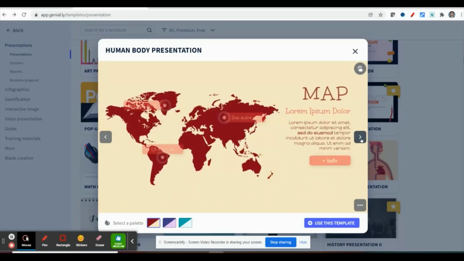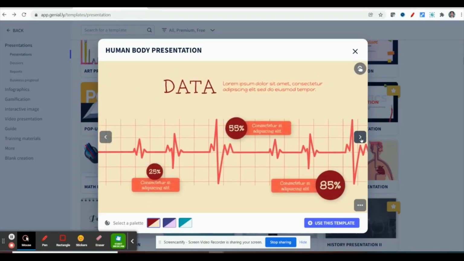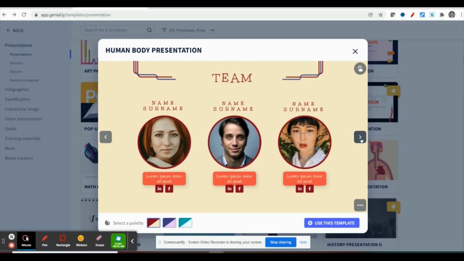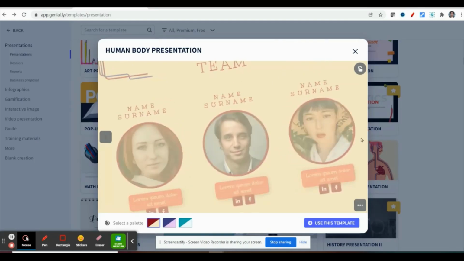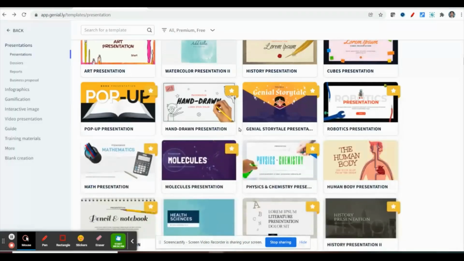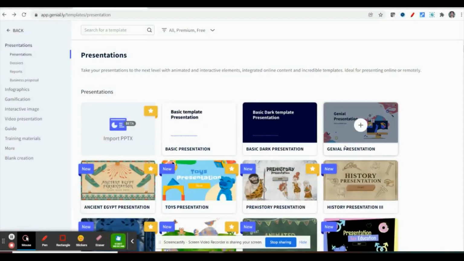You can have a map also, and we can get the data of the topic, and we can add some images related to students or any scientist. And this is the last slide. This is the pre-made template available in Genially.